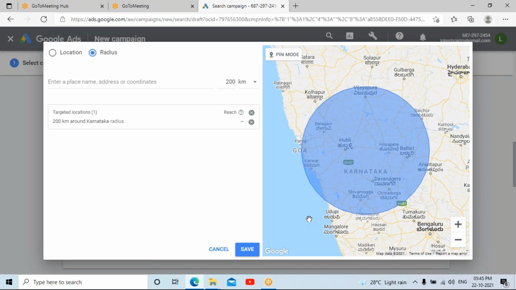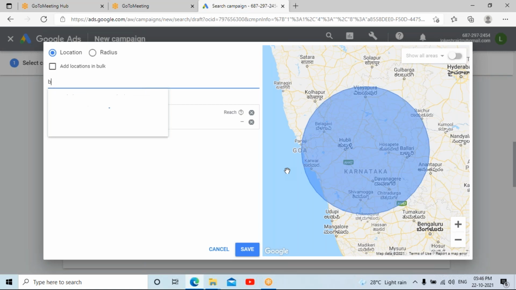So it is going to choose this option, that means in Karnataka it is going to cover 200 kilometers. In case you want to specify any location, you can specify it and give it here.